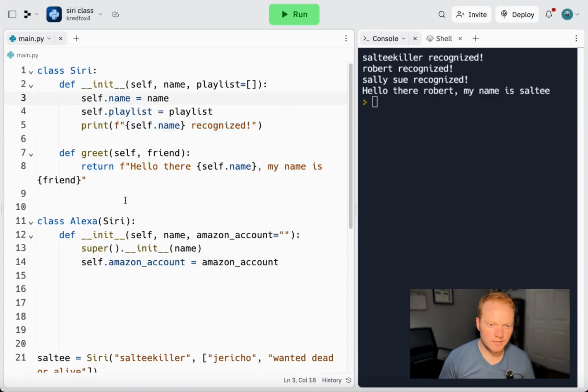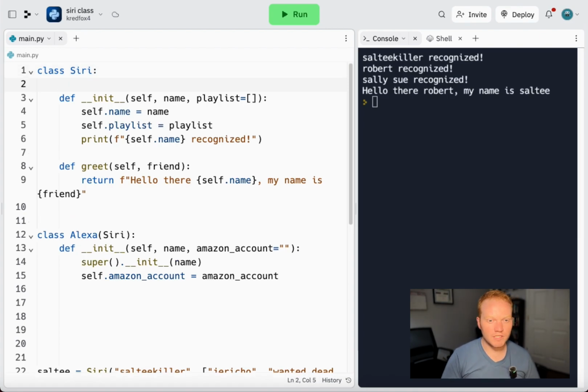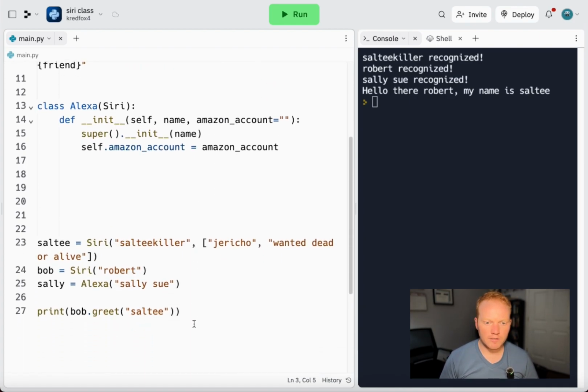Also, let's say that both of these classes, both Siri and Alexa, share something. For example, maybe we can say a language. So instead of just methods like we've been doing, we can give it attributes, which will just be variables. So I'm going to say language equals English or something kind of simple. Okay. So now if I print something down here,